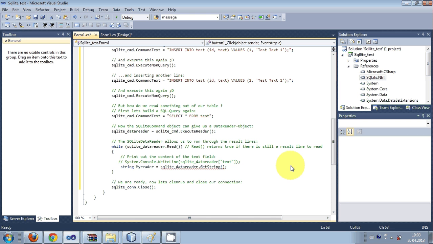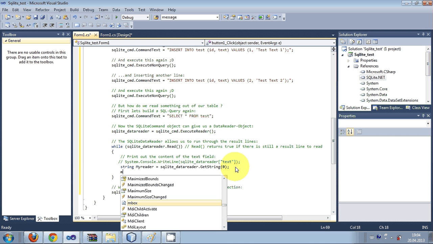What this number will do is, this 0 represents the first column of your table. So if you write 0 here, it will show the first column data in your database, and it will place it in this myReader string variable, and then I will just show it in the message box